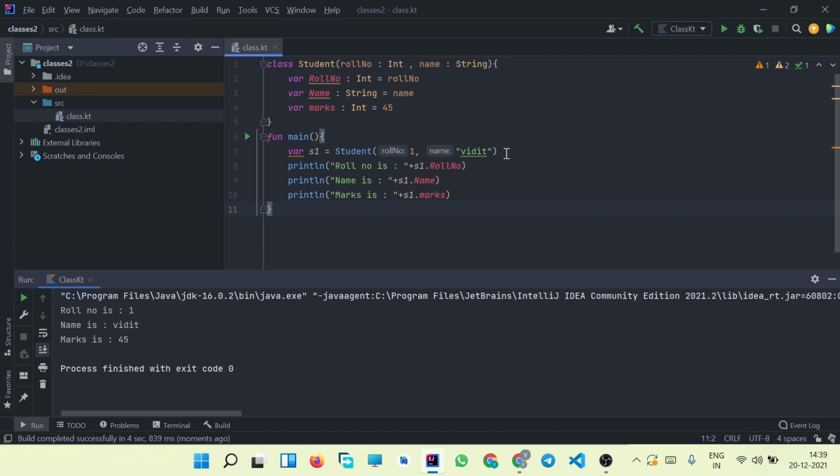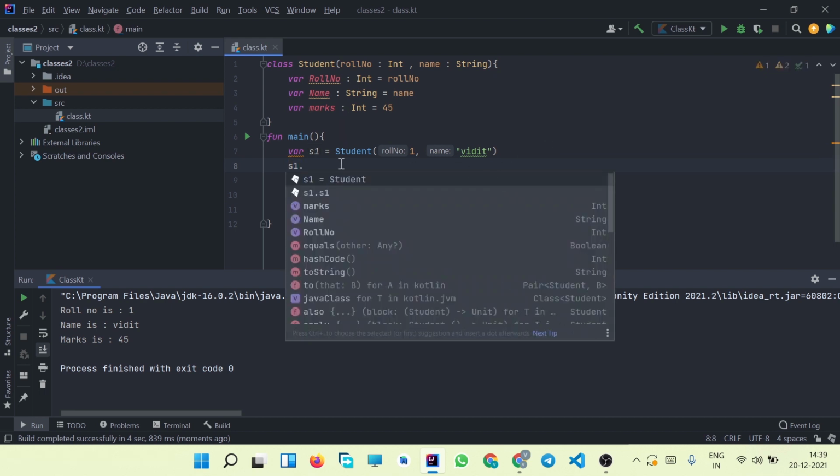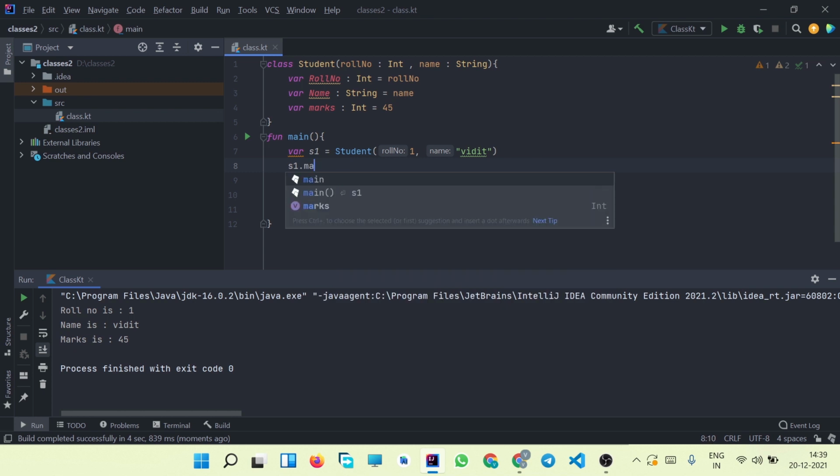Now if we want to change or update the marks, we can do it, and we can directly access this marks attribute inside the main function like we did here using a dot operator, and we can update the value. Let's make it 50.